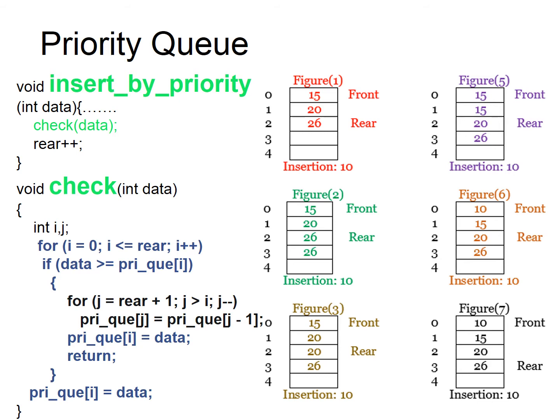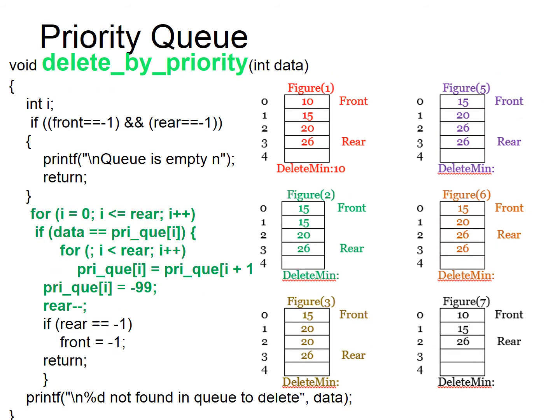We will see another insertion again to make sure how it works. Now I am going to insert 10. The first for loop will check whether 10 is less than or equal to the first element. No. So from the rear end till the current position, all the elements have to be pushed one step down. You can see in figure 2, 26 is first moved to the third position. Then in figure 3, 20 is moved to the second position. Then in figure 5, 15 is moved to position one, and in the 0th position 10 has been inserted. After insertion of 10, the rear will get incremented. So now you have 4 elements in the list.